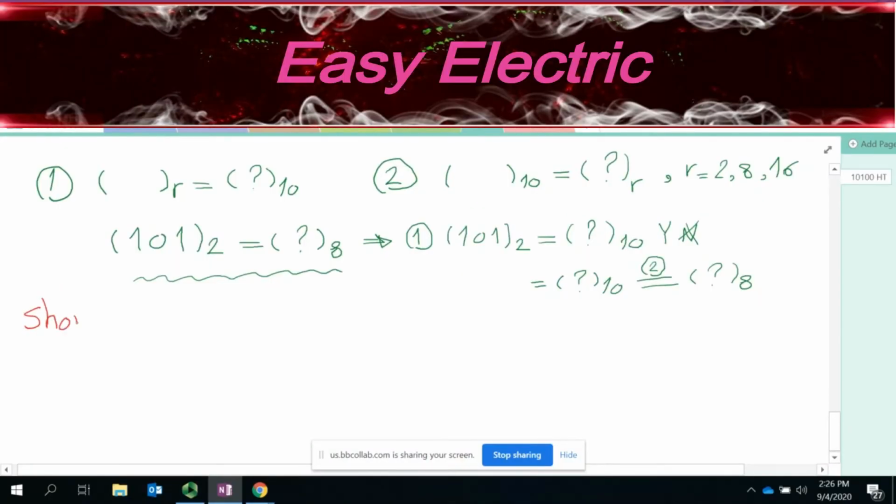Shortcut to convert from base, start with 8, base 8 to base 2. Okay, so we want to learn how we could use this shortcut to convert from base 8 to 2,